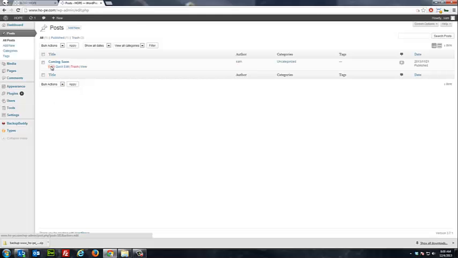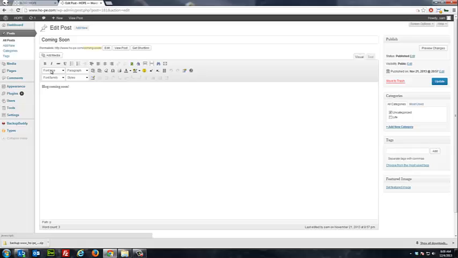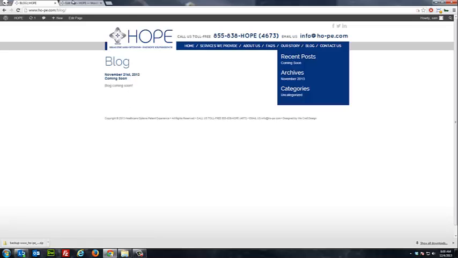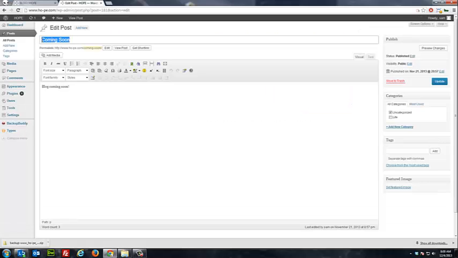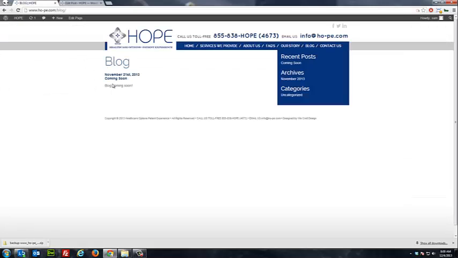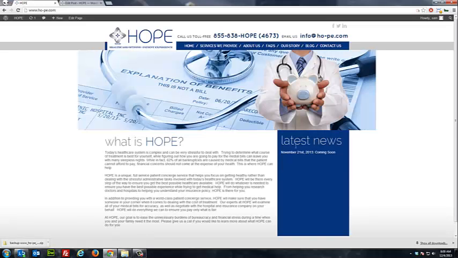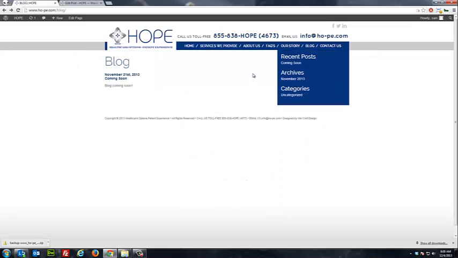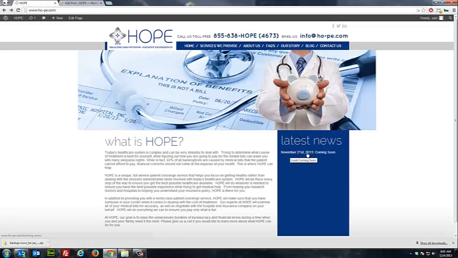If you want to edit that, just like pages, you'll just hover over the post that you want to edit. The edit link will show up, and then you can edit the content. This is the content here, which will show up over here. The post name, this part right here, as well as what shows up on the home page. And if you want to change the date, so instead of November 21st, 2013, as well as November 21st, 2013 on the home page,